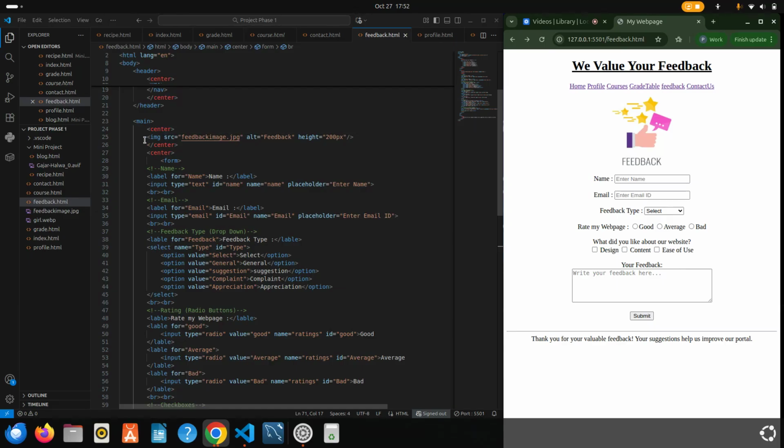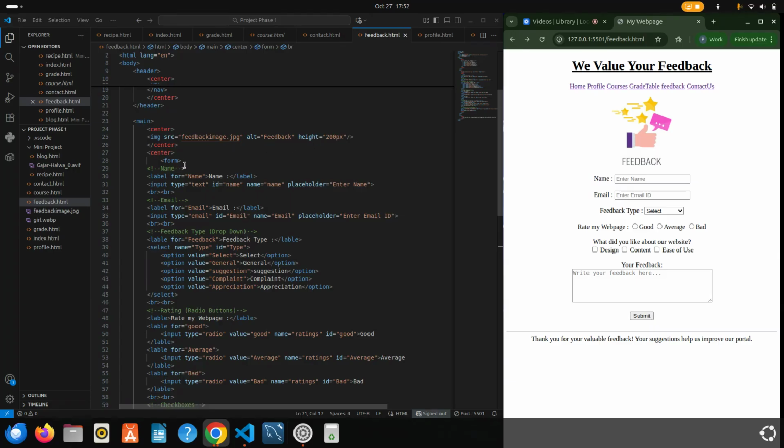Here the center tag again, and the image tag is used for images, with the src, source, attribute. It shows the address of the image, the link address of the image.